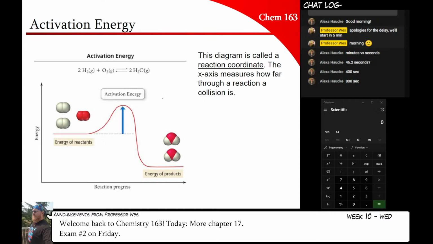Oh, have we never seen this diagram? Maybe you haven't seen these diagrams. Maybe this is where I teach this to you. Okay, so